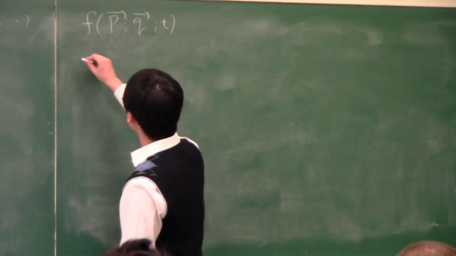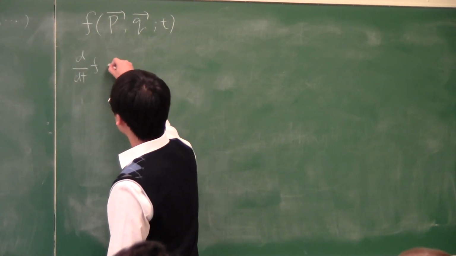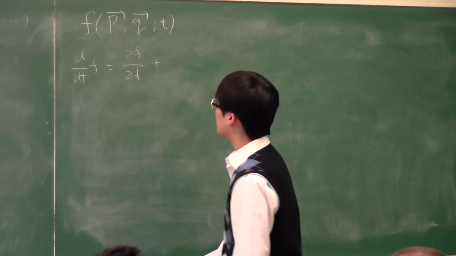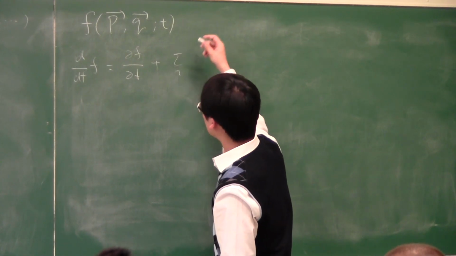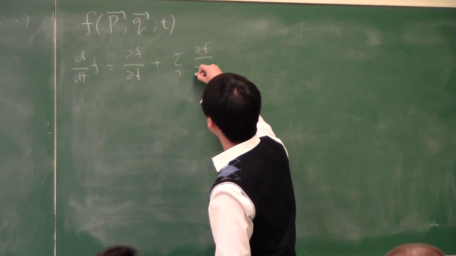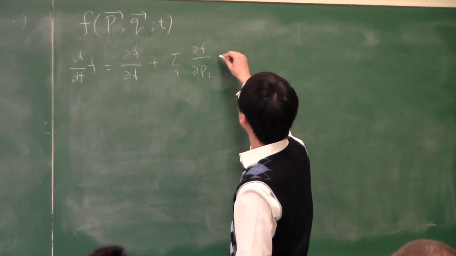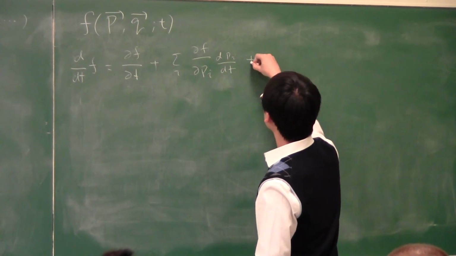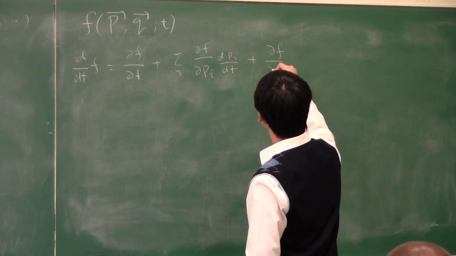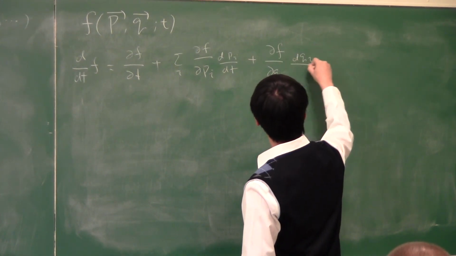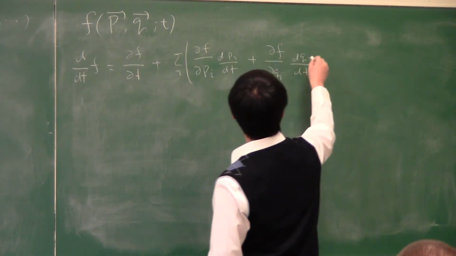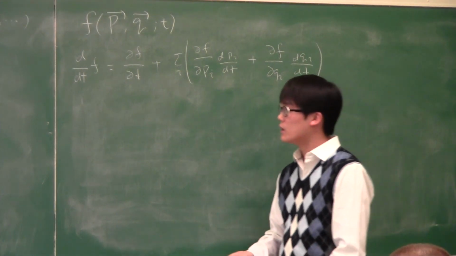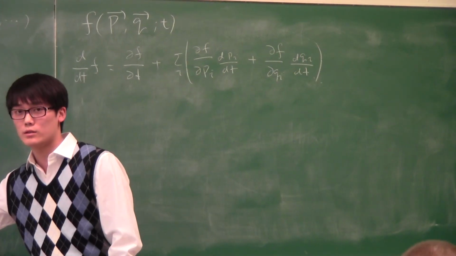So we construct this total time derivative. And that is given by, first of all, you take care of the explicit time dependence, and then you're going to do this bracket thing. Now notice that the time derivative of the momenta and coordinate have appeared. So let's plug in the canonical equations. These are called the canonical equations because